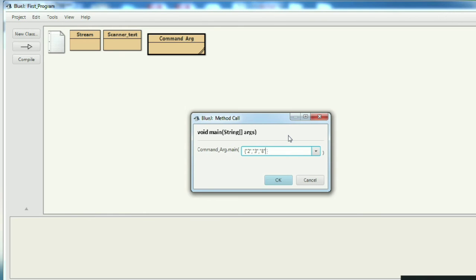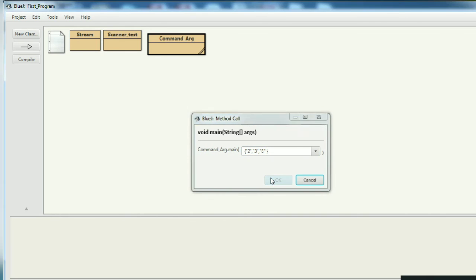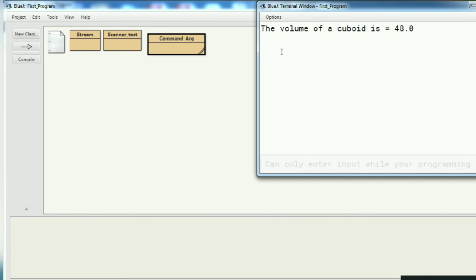You can enter more values, but we need only 3 values, as we have captured only args[0], args[1] and args[2]. This is the 0 index, first index and second index.